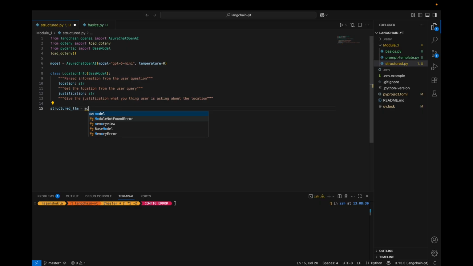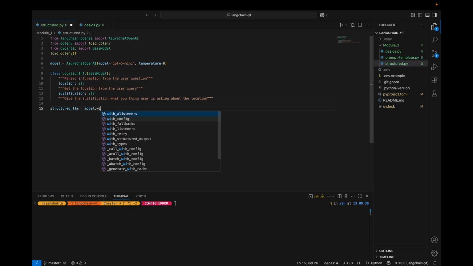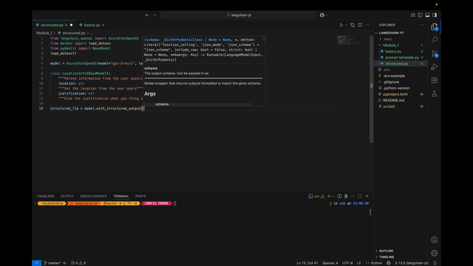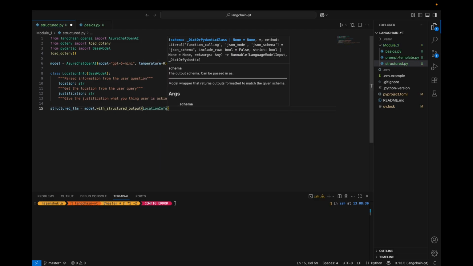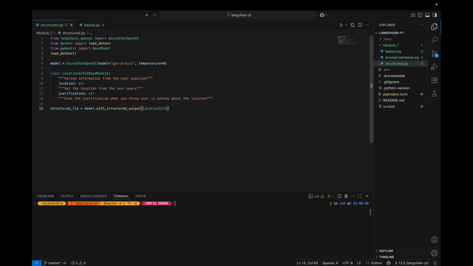It is model dot with_structured_output, and we want LocationInfo. This is going to be the schema, and let's collect the response. structured_llm.invoke,